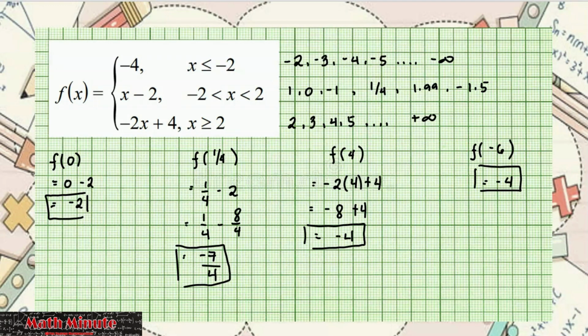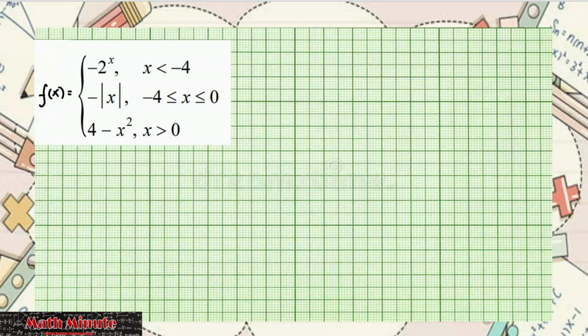Let us proceed to the third example. On your third example, we have the definitions also here. So f of x is equal to negative 2 raised to x if the value of your x is less than negative 4. When we say x is less than negative 4, we are talking about the values less than negative 4. So that would be negative 5, then decreasing, so that would be negative 6, negative 7, and so on and so forth